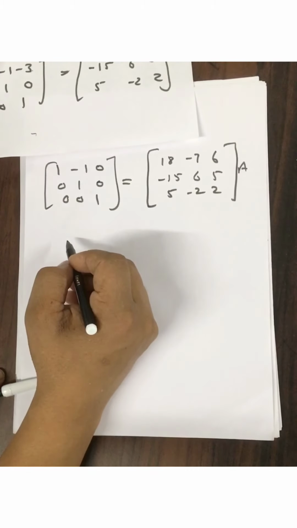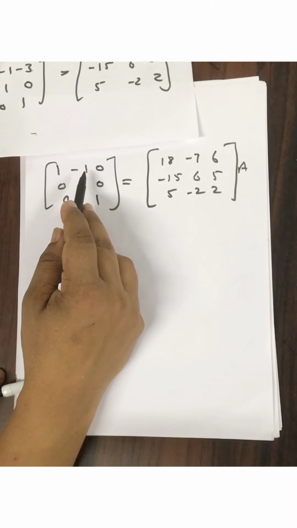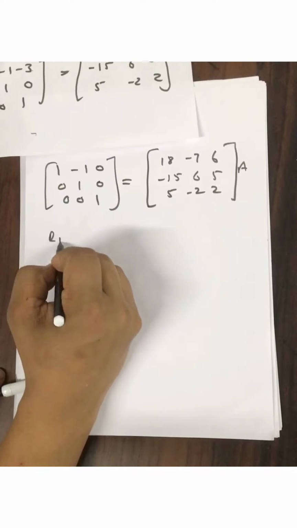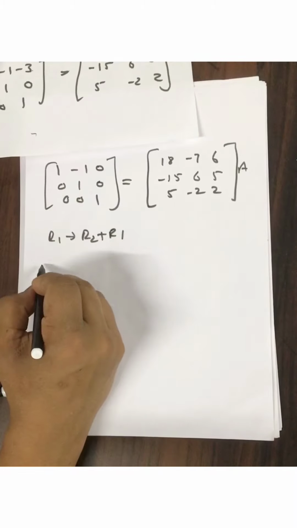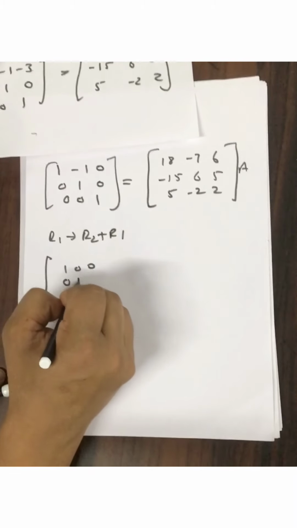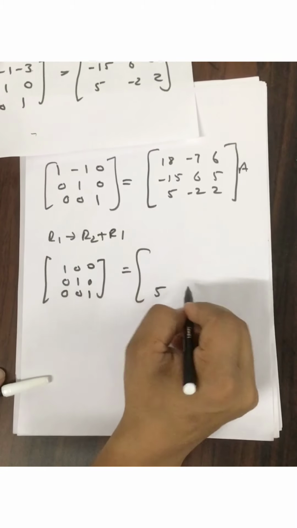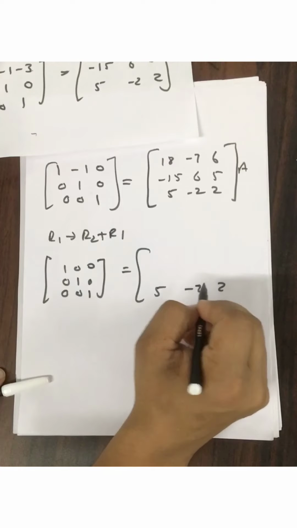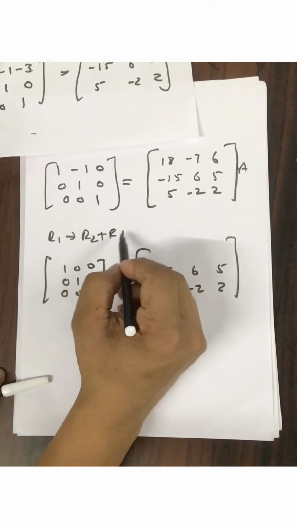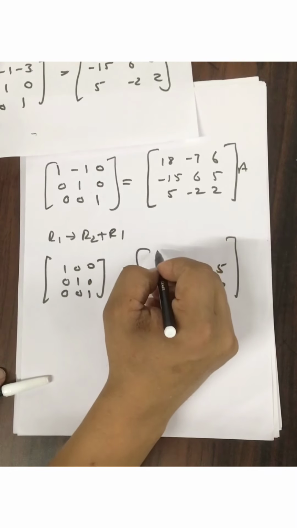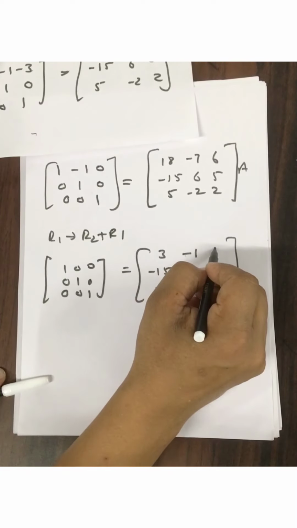Next step is, oh, this minus 1, what is this doing over here? Yes, so R2 plus R1 we can do. So what happens? 1 0 0, oh yes, 0 1 0. This side you have to take, let me write this over here. We are doing R1, so R2 will remain the same, R3 will remain the same. Now R2 plus R1, if you add up, this becomes 3. Yeah. This becomes minus 1. And this becomes 11.